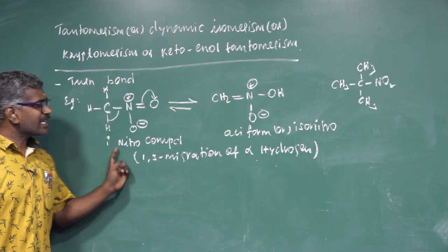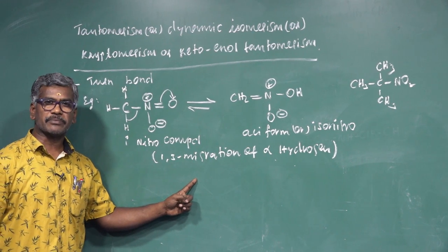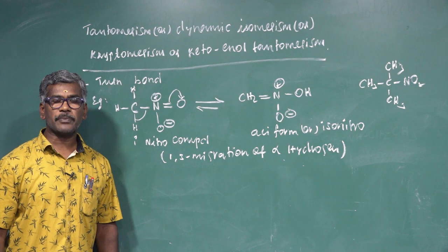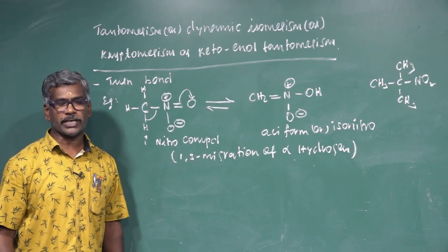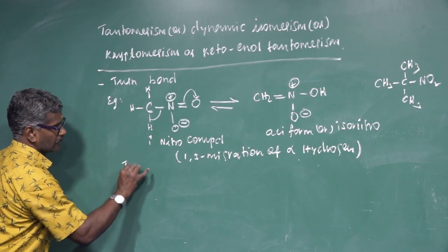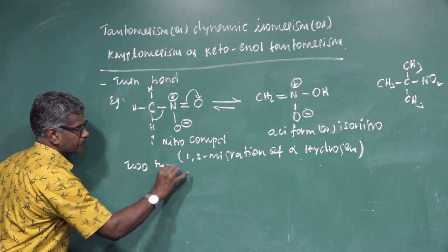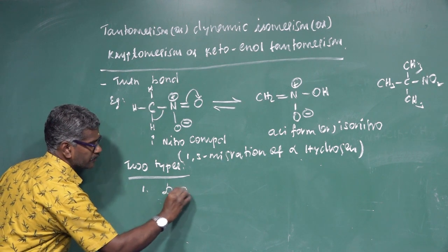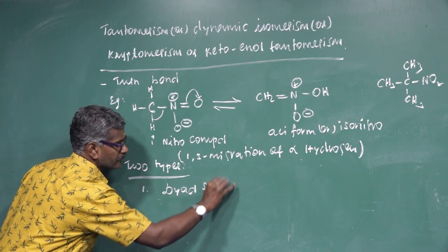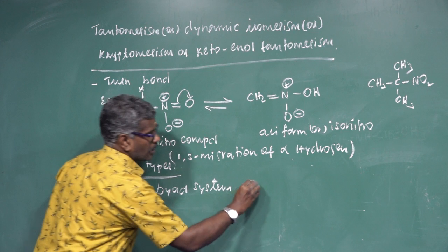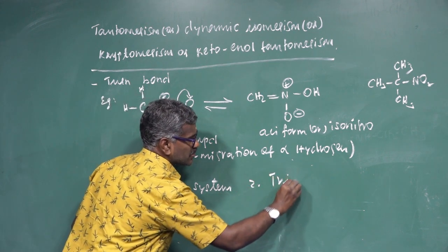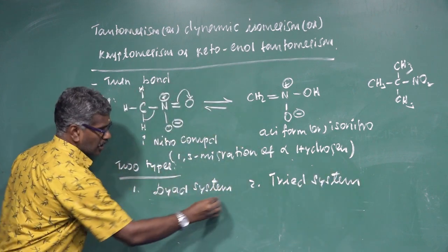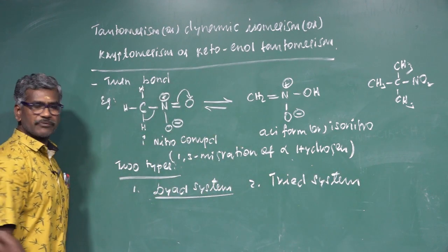Another one: there are different structures for tautomerism. Totally, there are several types of tautomerism. Among several types, two types are very important. First one is the diad system. Another one is the triad system. What is the meaning of the diad system? For example,